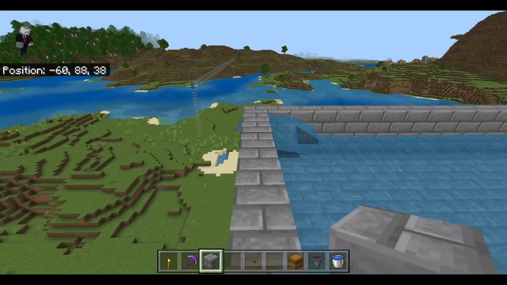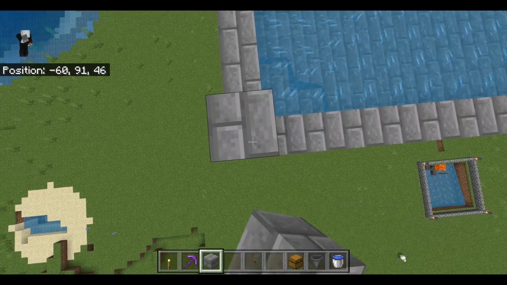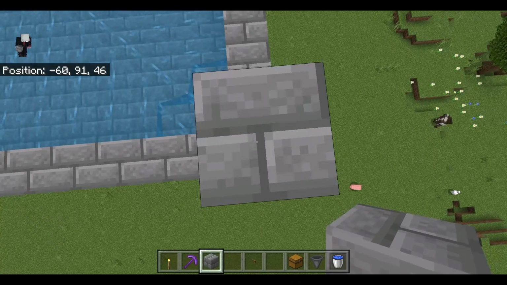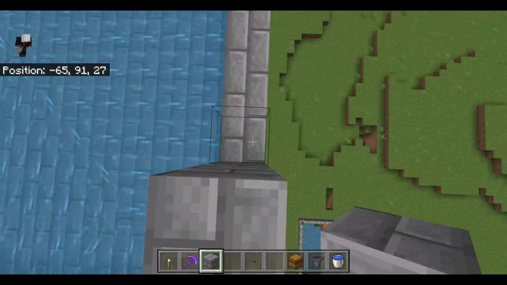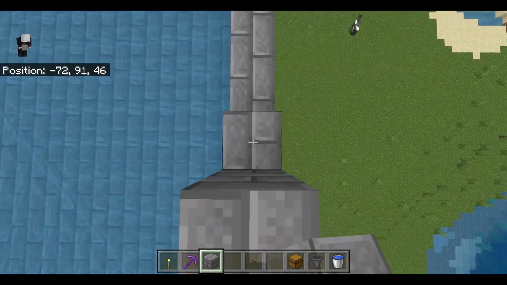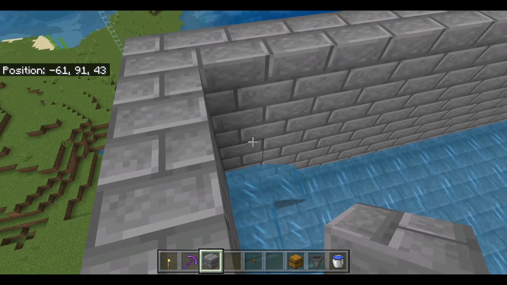Okay, so the next thing you do, this is too high, so we're going to go ahead and raise our walls by 3. We're just going to go all the way around. Alright, and once you're done with your wall, you'll want to come inside and